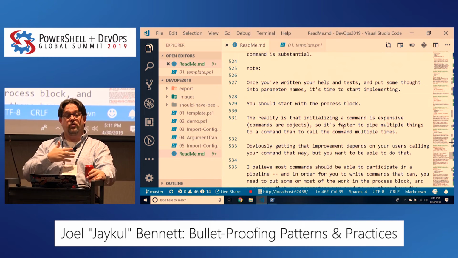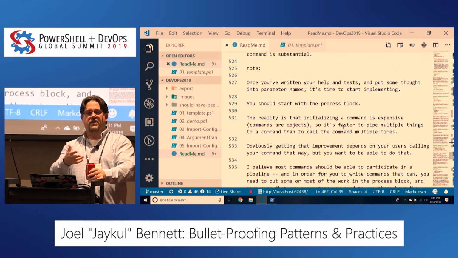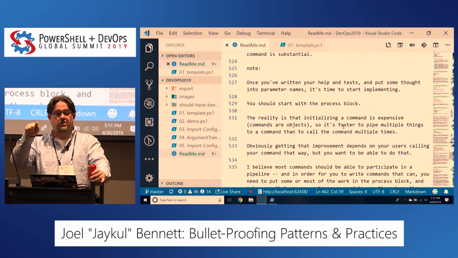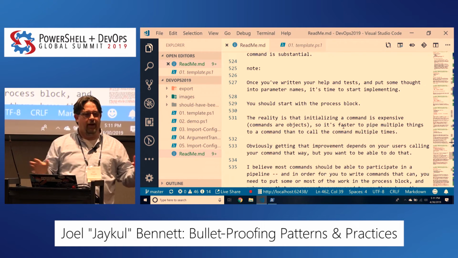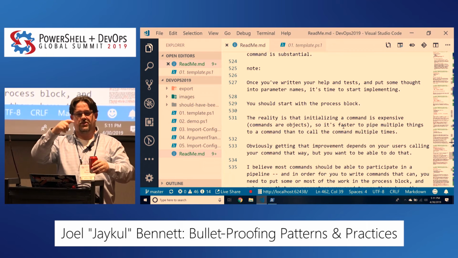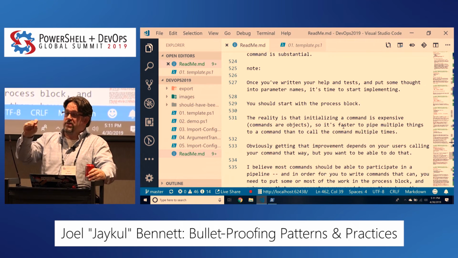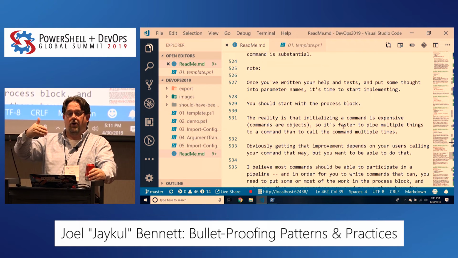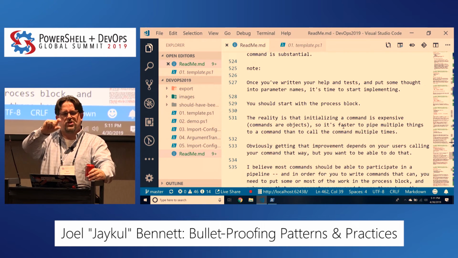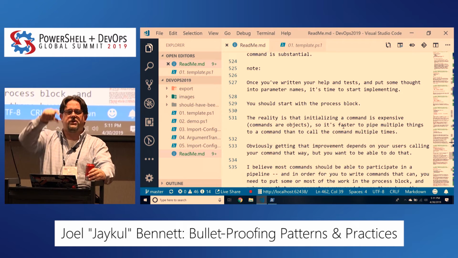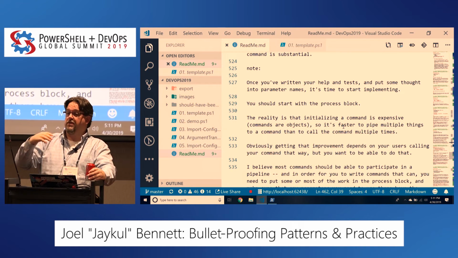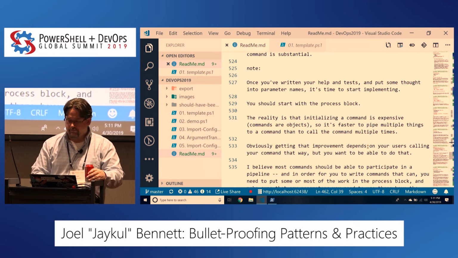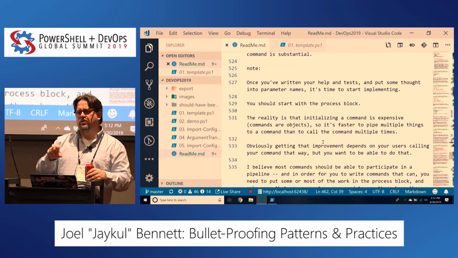So when you're doing a move, think about Move-Item. When we do Move-Item, we want that destination to be only one. We don't want every object coming through to have its own destination. So we're going to put destination, and we're going to not take that value from the pipeline. And then in our module, where we're checking to see if the folder exists, we're going to do that in the begin block, because now it doesn't have to happen over and over and over. We check it the first time, right? But